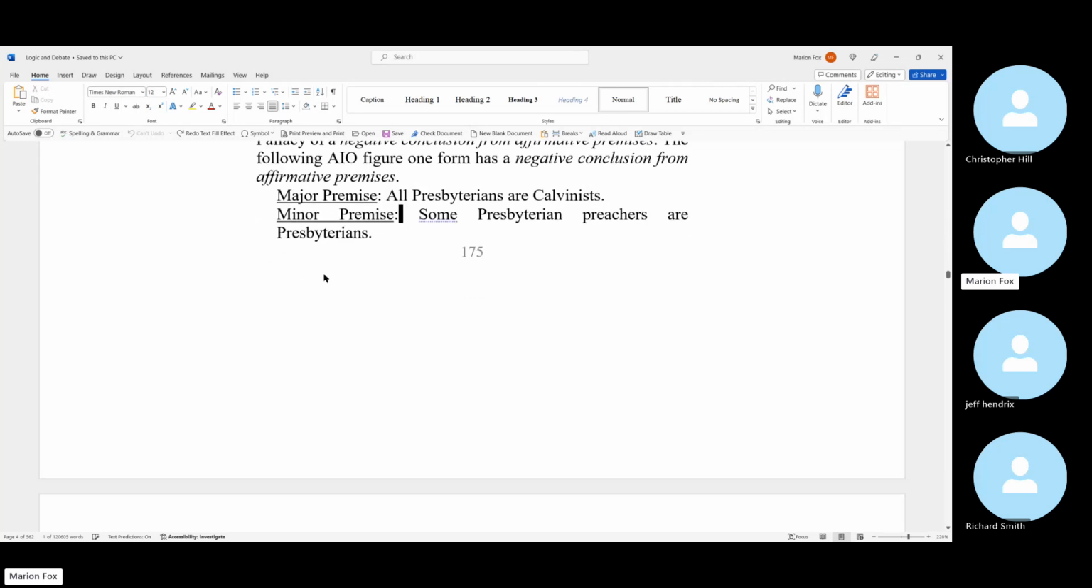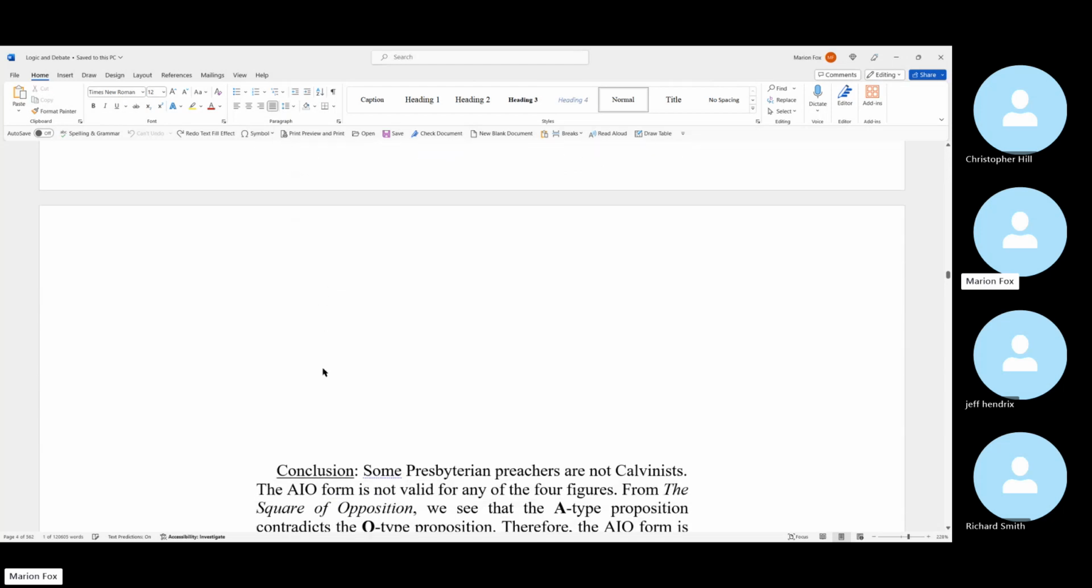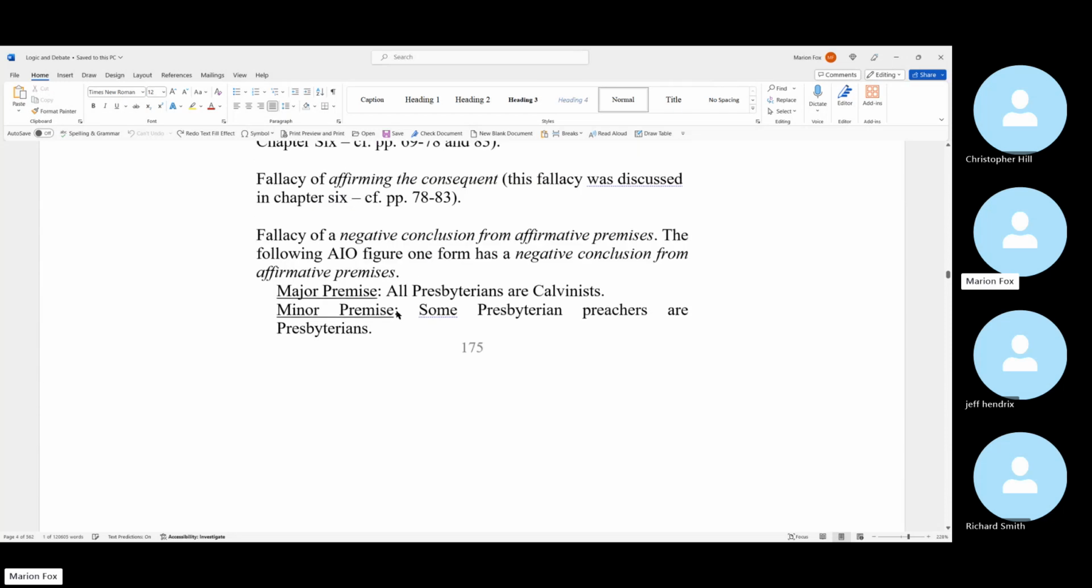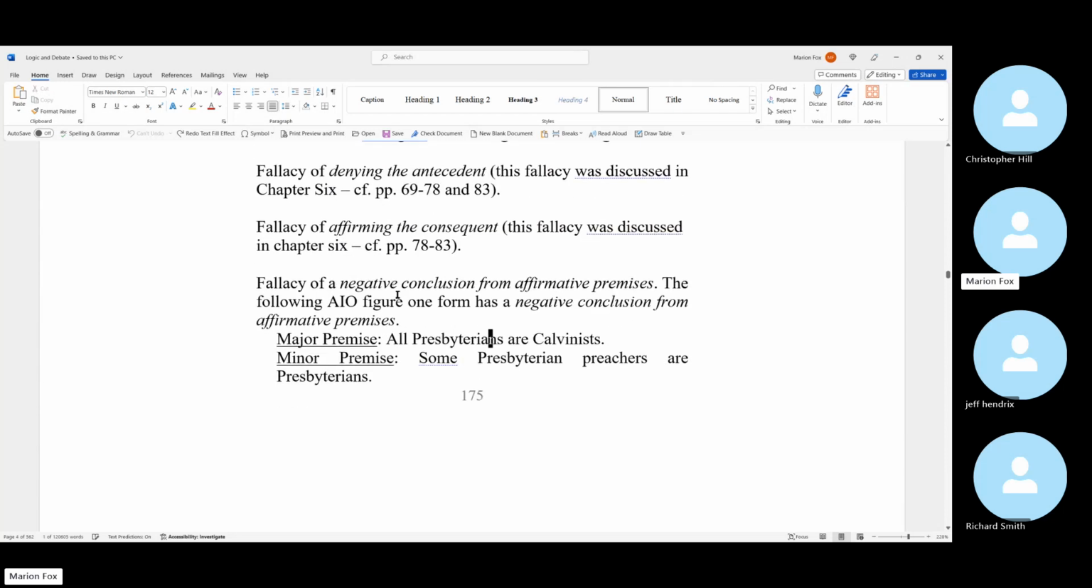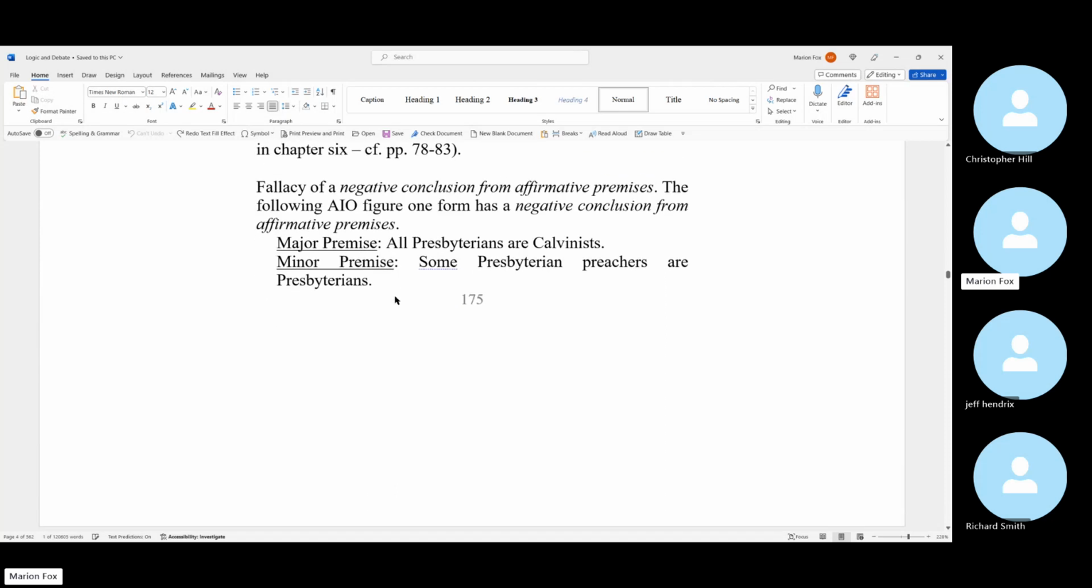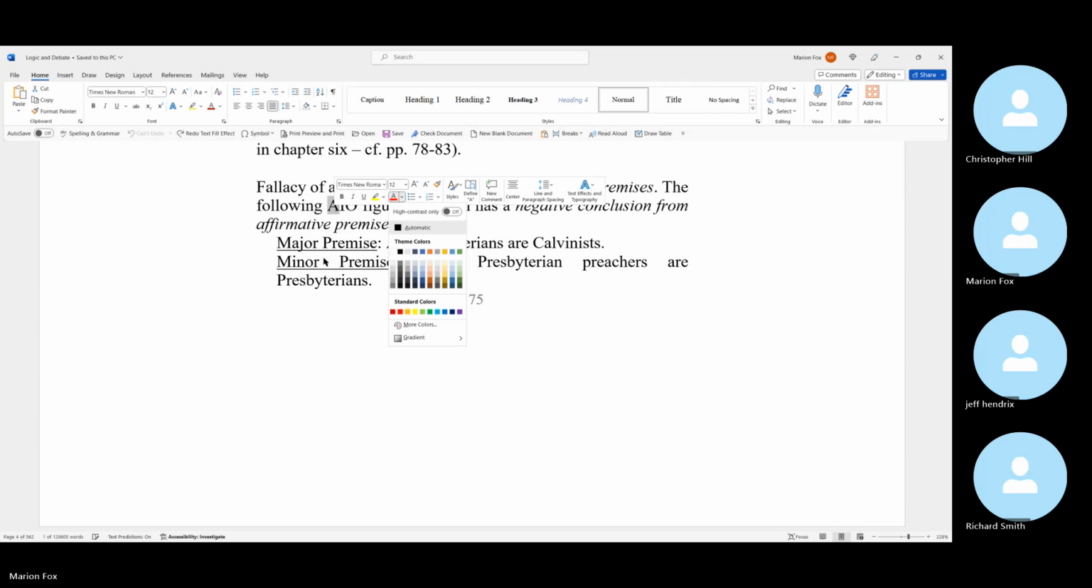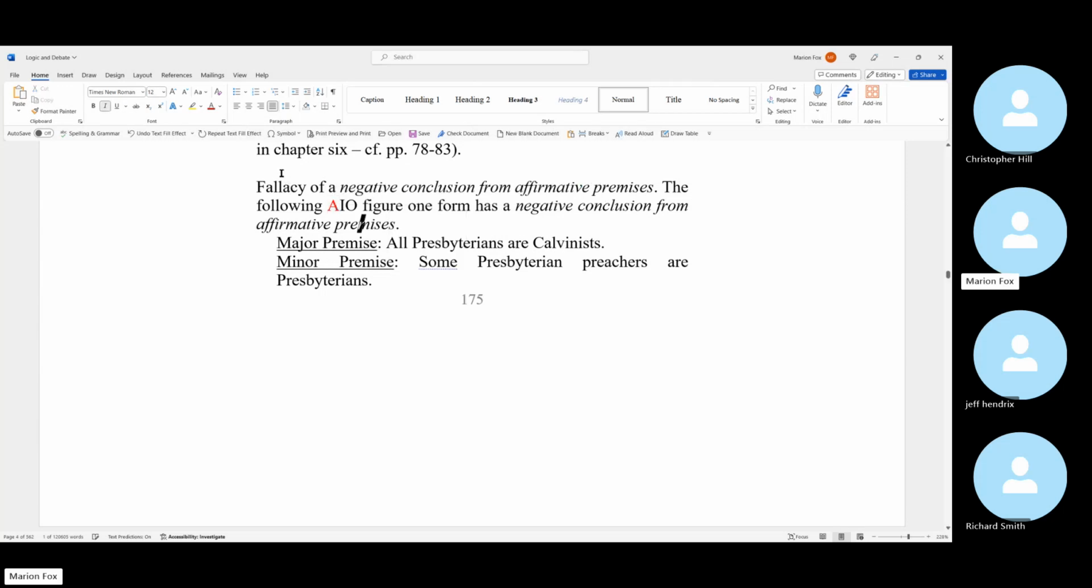Okay. Now, what we come down to here is we have some Presbyterian preachers are not Calvinists. All right. And so our question is here, we have two affirmative premises and a conclusion that's negative. And this is an AIO figure 1 form. And if we go to our square of opposition chart, we see that the A and the O type propositions